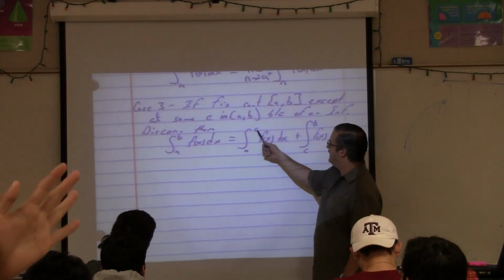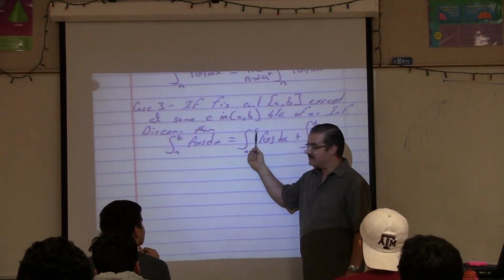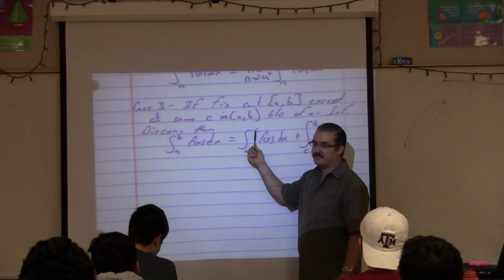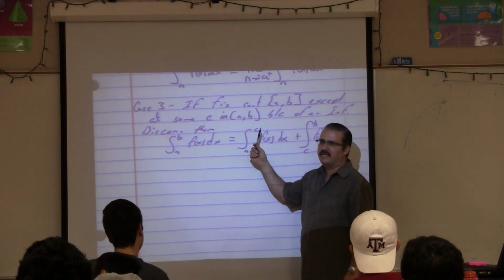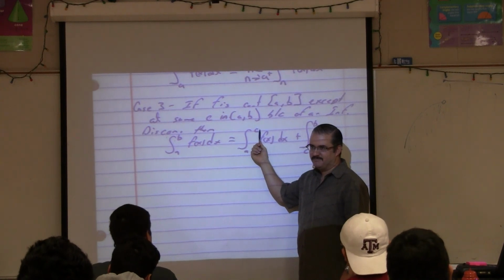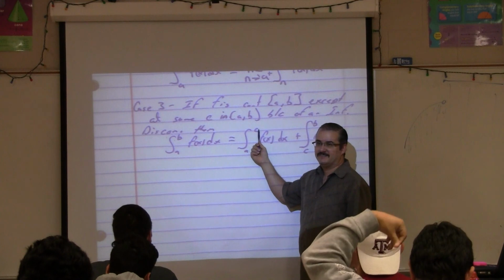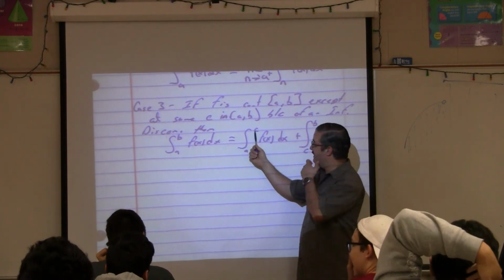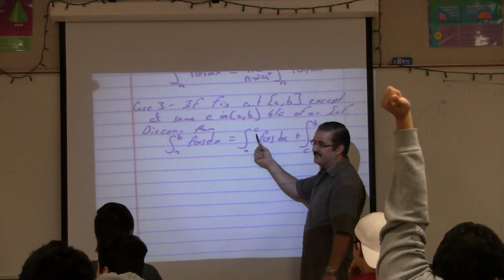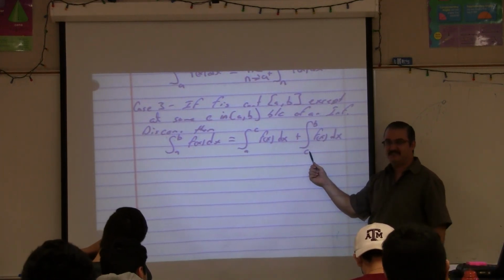And this will become what letter when we write it as a limit? B, because this will be a number, right? 5 to whatever the vertical asymptote is, which is B. And we gotta approach it from the what? From the left, right? A is the lower one. You can approach this guy from the left, right? Plus the limit as, see it from the right, this is gonna be